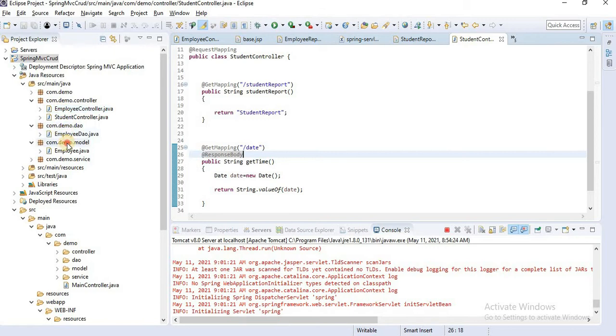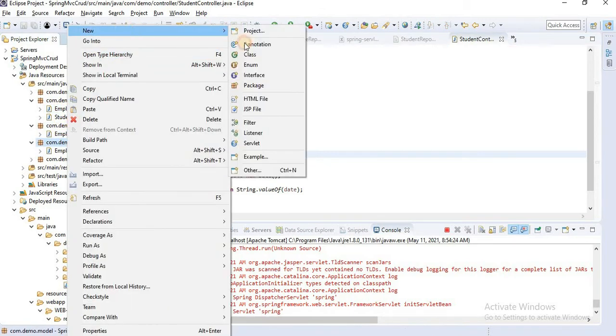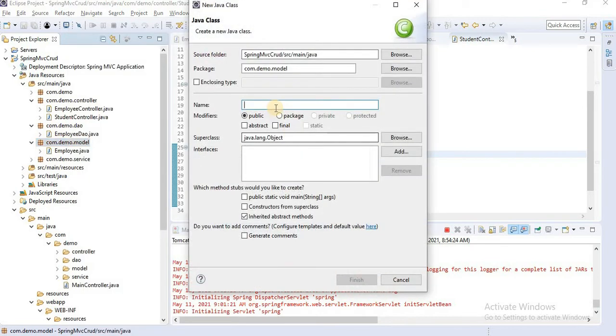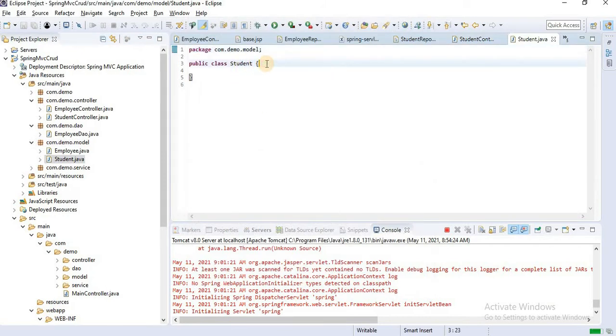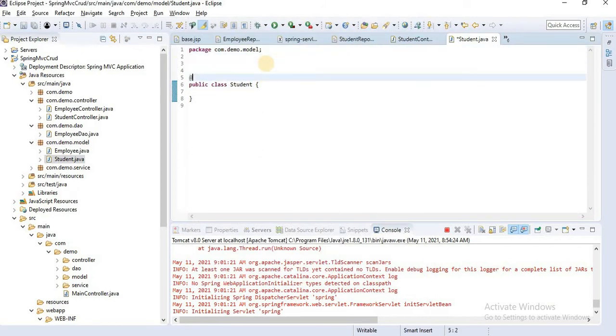Okay, let's create the model class first, new class, Student. Here we create the required things. First, this class is the entity class because we need a table. Okay, then define first